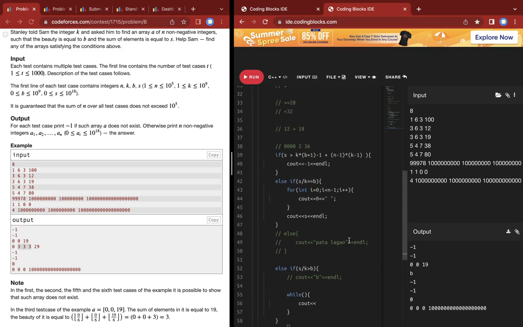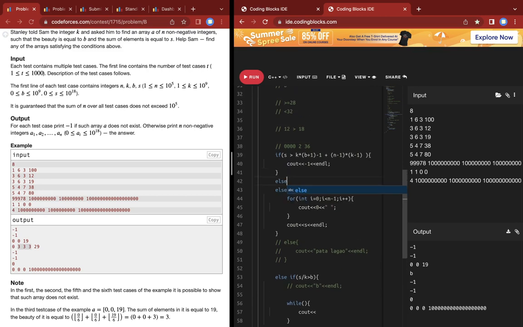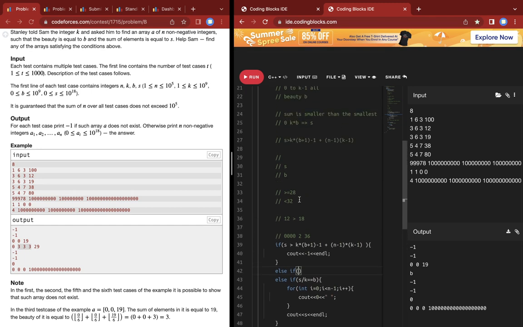Let's keep it C here. Else if less than K into B,